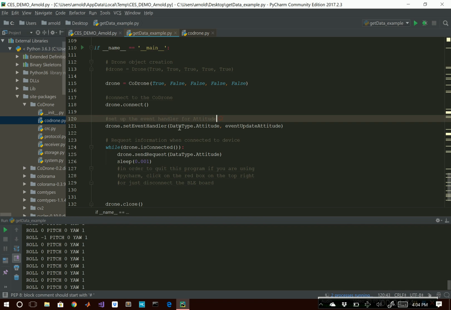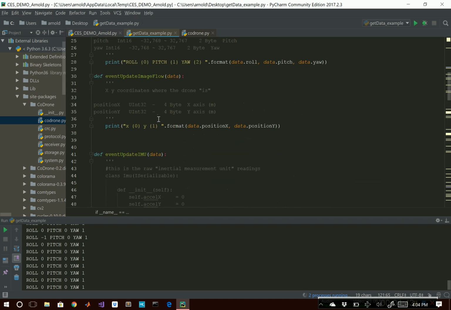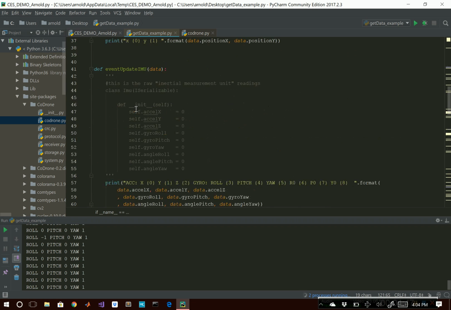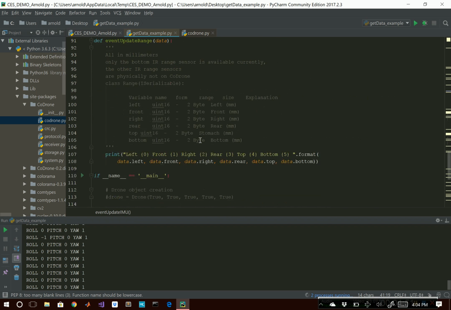So here's the important part, you guys gotta pay attention to. You gotta send in the data type that you want, and then you gotta pass in one of these methods that I was just showing you right now. So you throw this method into them. Let's say I wanted to grab this one right here. I would have to go down here,